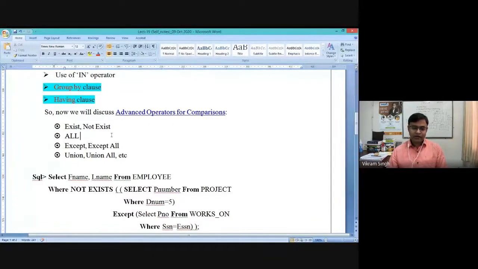Whenever we use these kinds of operators, it is always with an inner query and an outer query, which is why they are called comparison operators. They are always plugged into a subquery arrangement, inner query and outer query. If you read the literal meaning of terms like exists and not exists, basically whenever we want to select a tuple, whether something exists or does not exist decides the possibility of that tuple being in the final result.